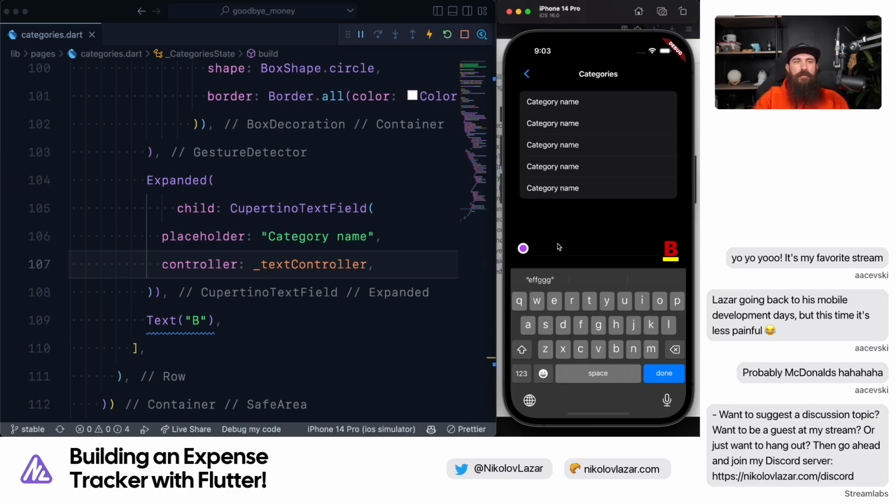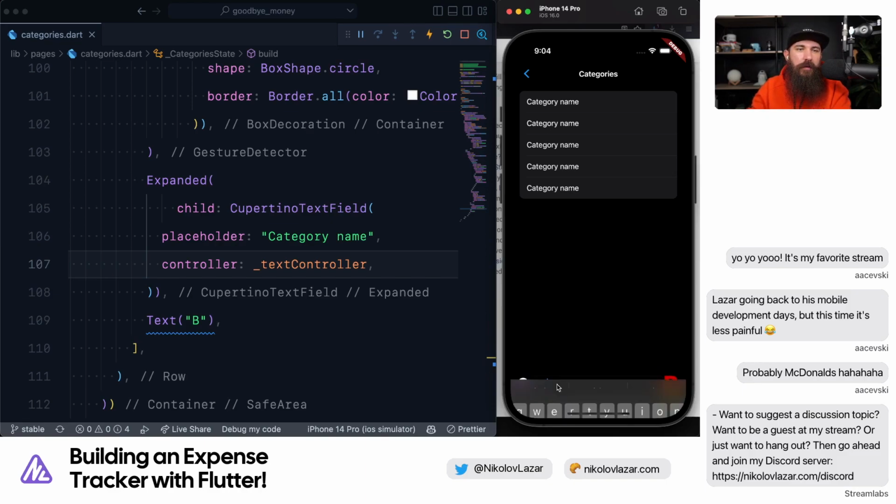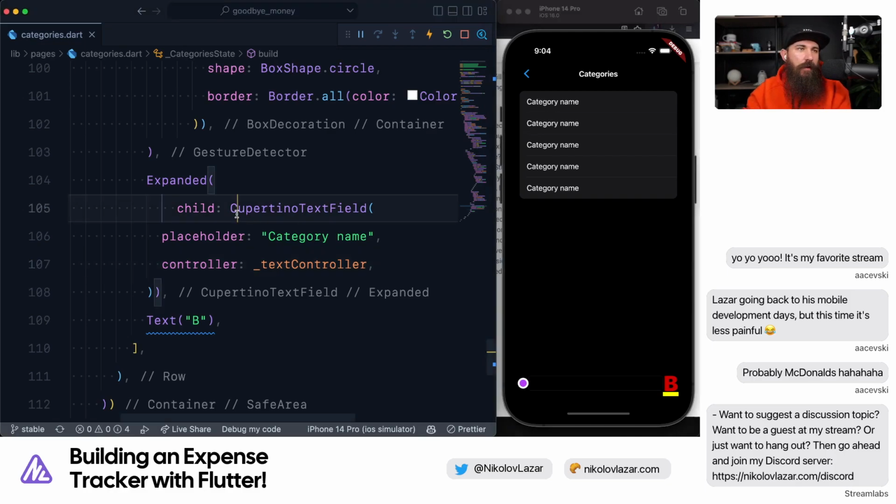We also need to create, if that's possible, a toolbar at the top of the keyboard that's going to allow us to hide the keyboard. Nice. Yeah, we're gonna need to do that, and then just pressing B, we'll create the category, and then we can list them, right? Even here,